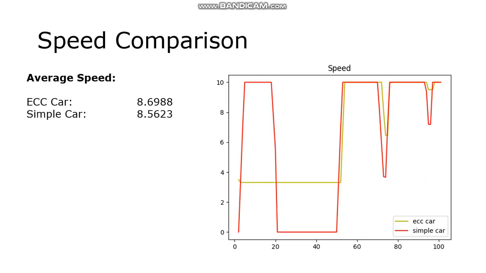So when it comes to speed comparison, as we see, our yellow car, which is the ECC car, doesn't have any speed value equal to 0 because it doesn't stop anywhere on the road. However, the red car has a curve with high values and low values, even with a 0 value, because it reaches the junction at 20 seconds and it waits until 50. So you can see it's 50. It waits for 50 seconds